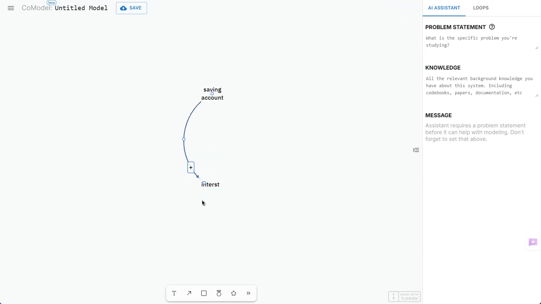And if you have a negative relationship, you can just select this and change it to a minus. And then you can select this and go back here and change it. Now, once you create a loop, CoModel knows that you created a loop, and it will label them sequentially 1, 2, 3, 4, and it knows the difference between reinforcing loops and balancing loops. And you can label this